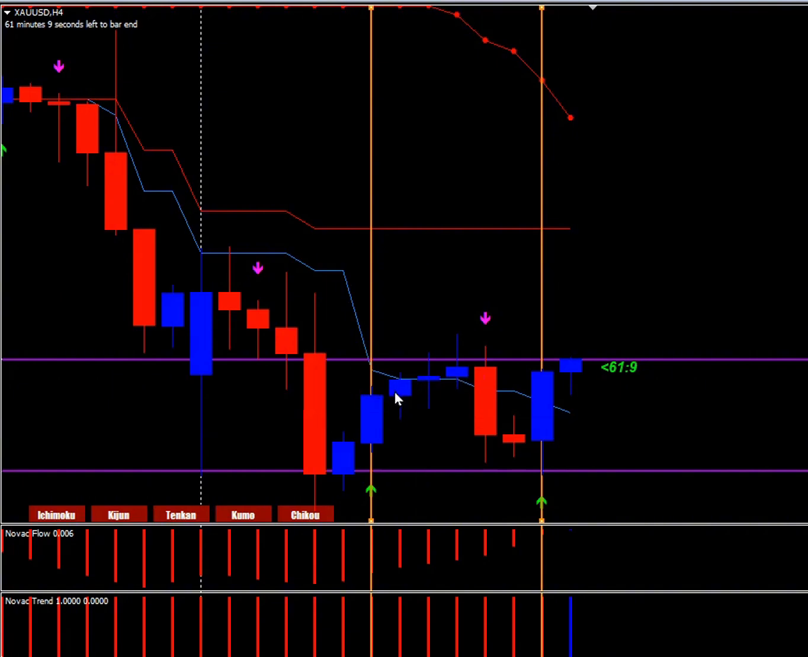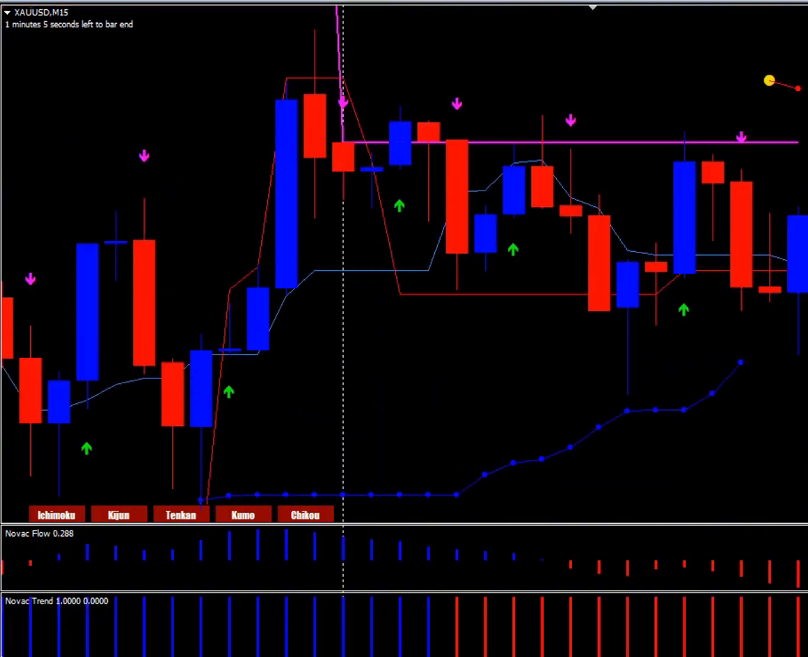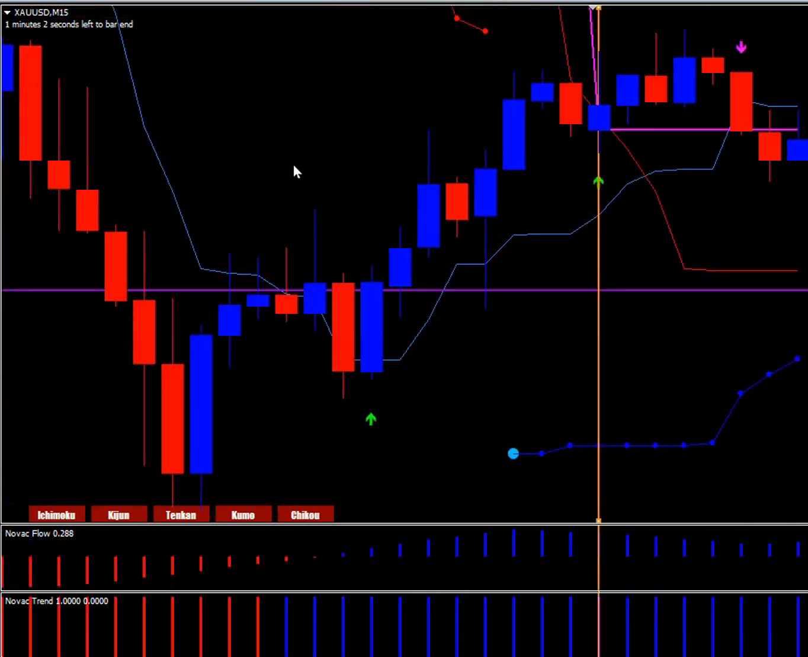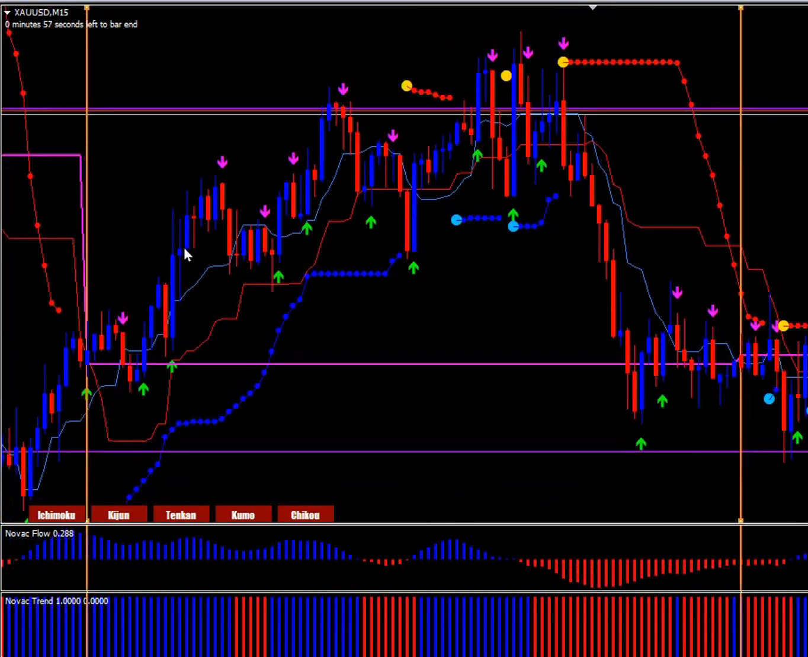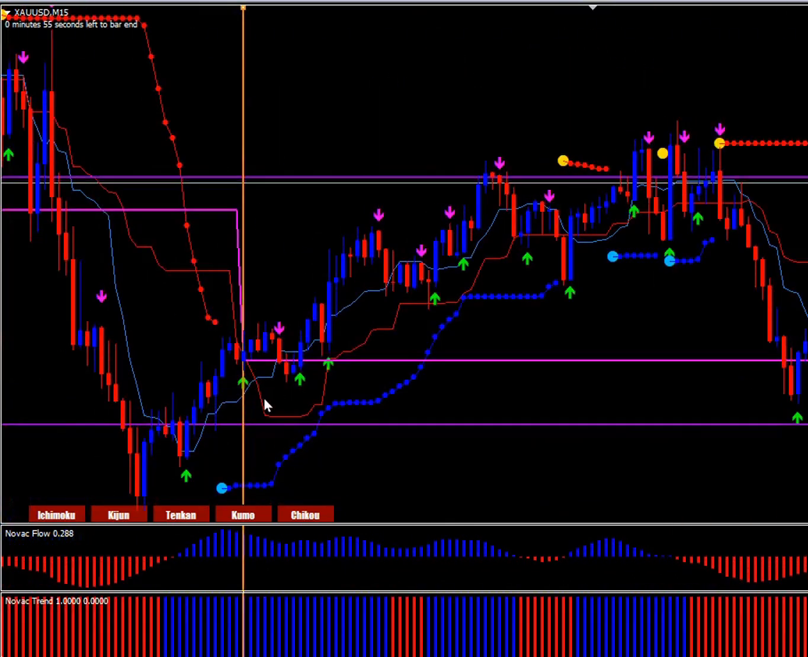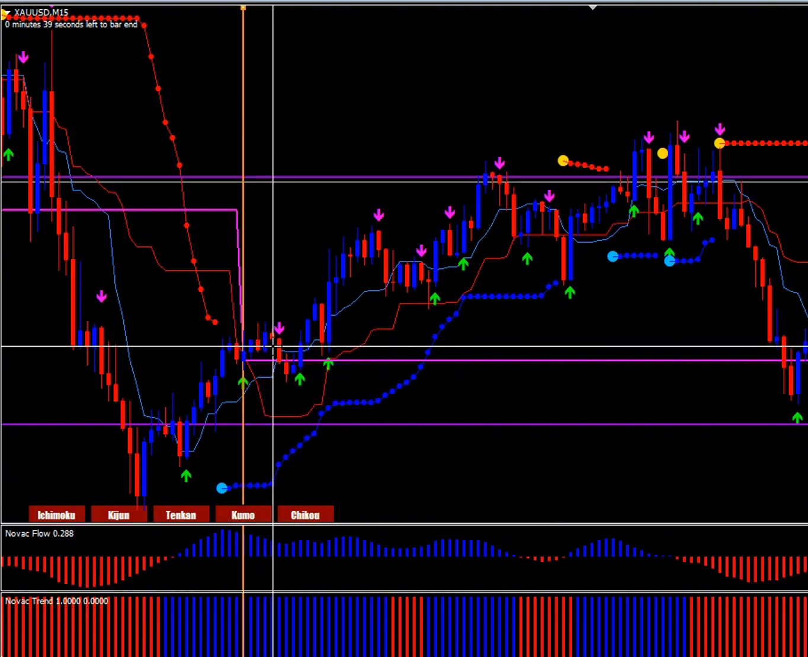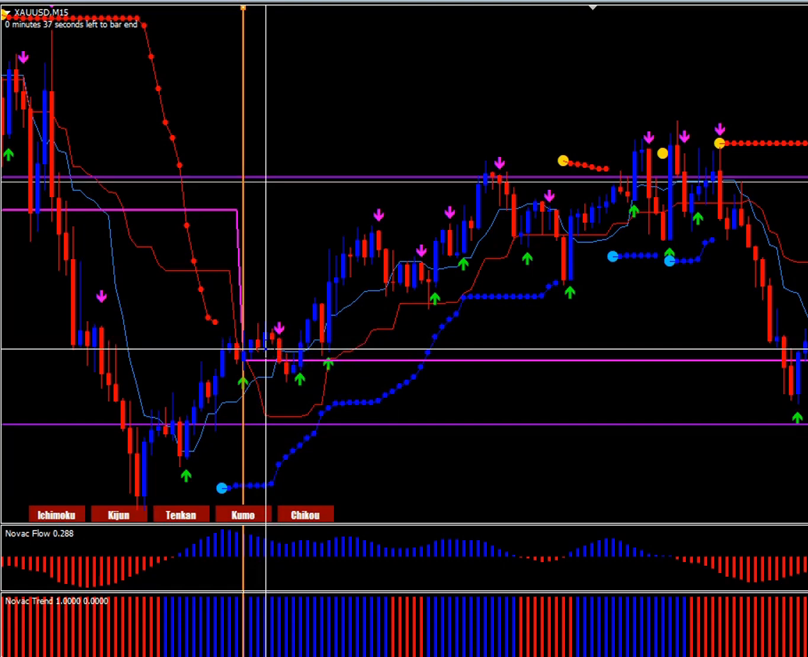So now where do we go? We go to M15. Let me zoom out. So what do we see here, guys? We see the Novak SOP, followed by the line being crossed over here. You can enter a buy, and the price went up until about